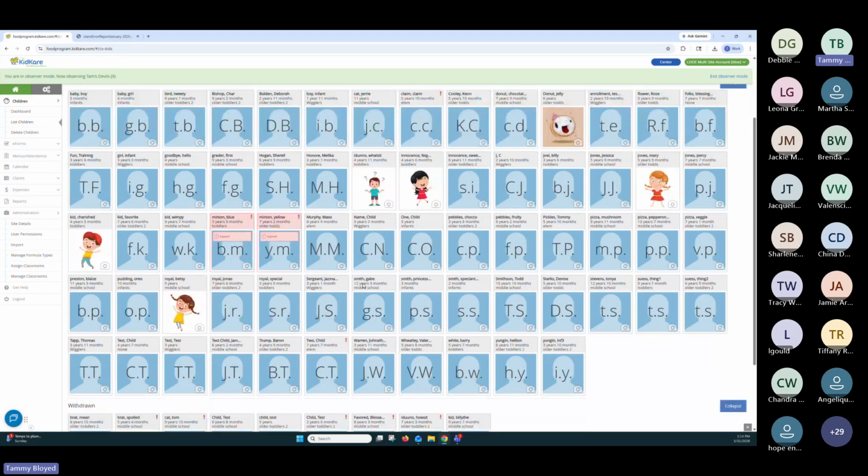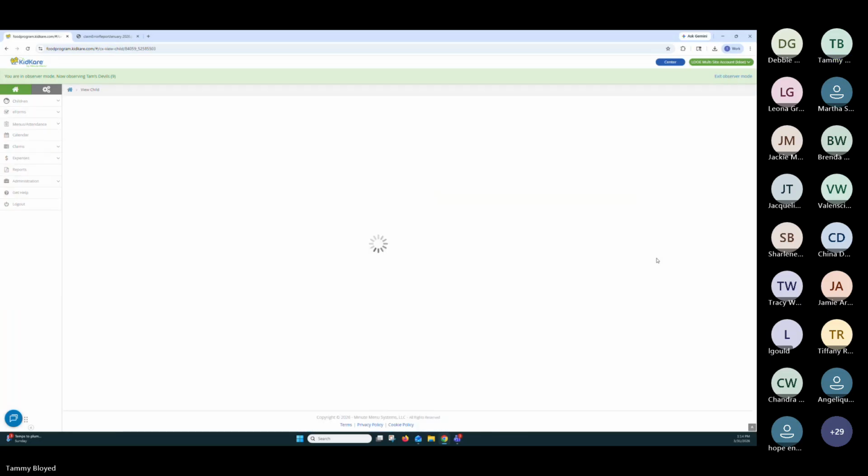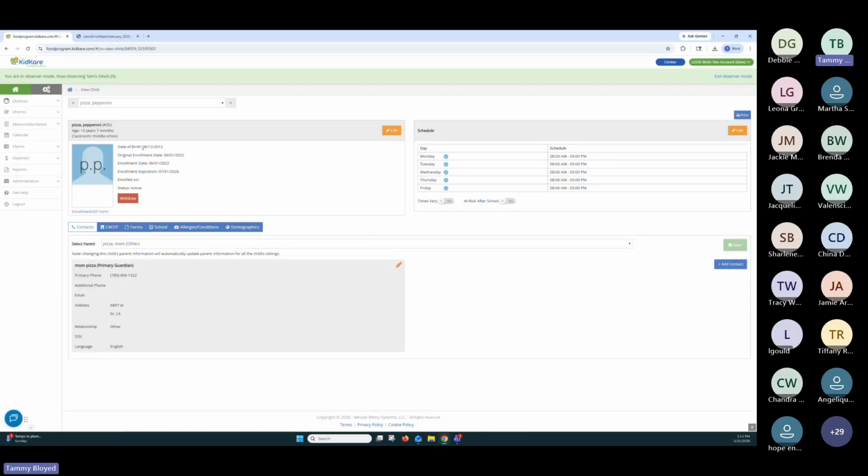And then pepperoni pizza was our other one. Alphabets. Now that is correct. This child is, I can't do the math, 16, 14. So he is over the claiming age, but he is still coming. It's not a problem if you're still clicking his name, he still shows up and he's showing under the menu counts. That is not a big deal. KidKare is automatically going to eliminate him from being claimed. So that takes care of those errors.